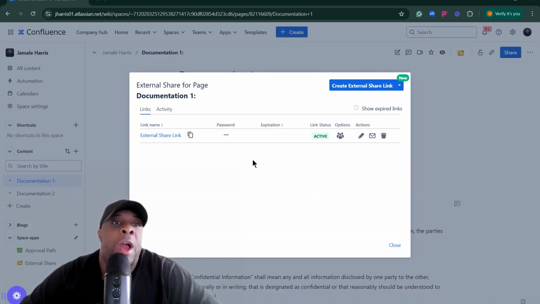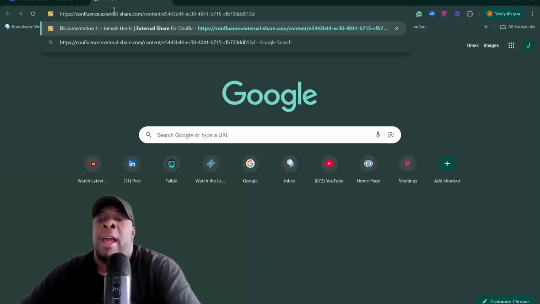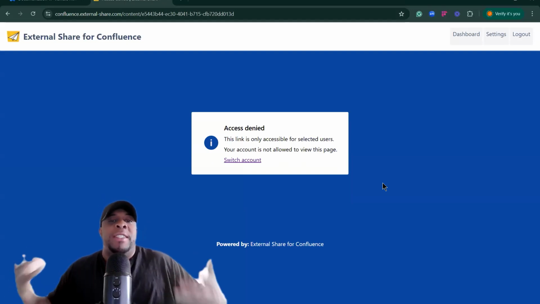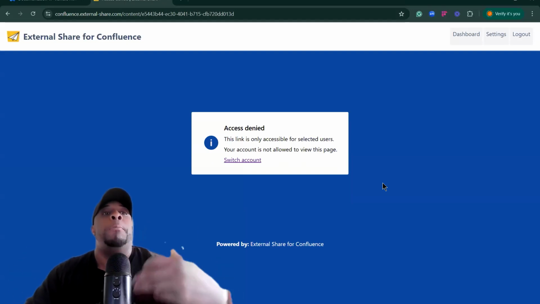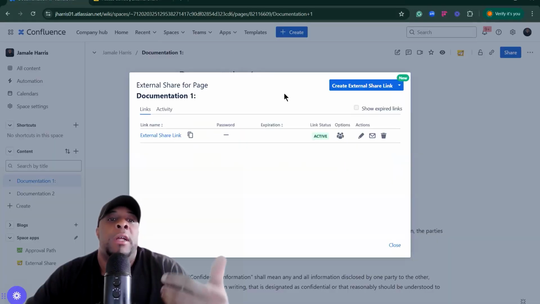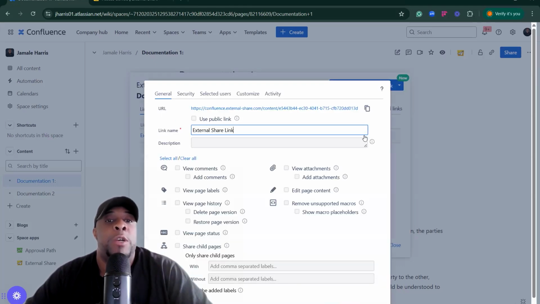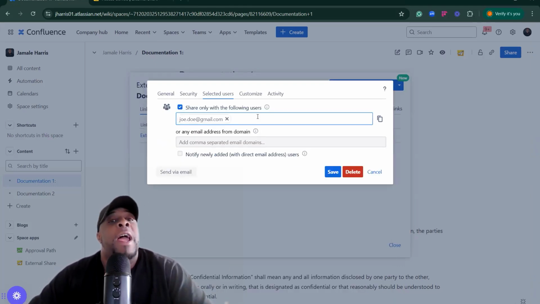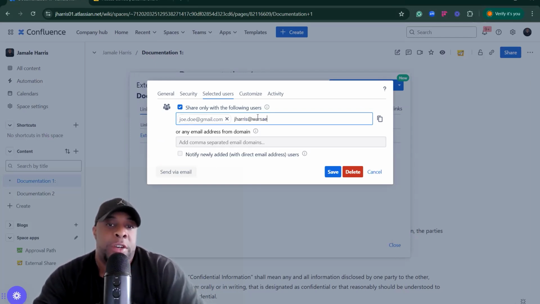And then from here, I would copy my URL and let's see if I can access that. Now, you may be wondering, why does it say access denied? Well, because when you are sharing information with a specific user, that user is the only person that is allowed to have access to that. Now, if I wanted to use my own email address